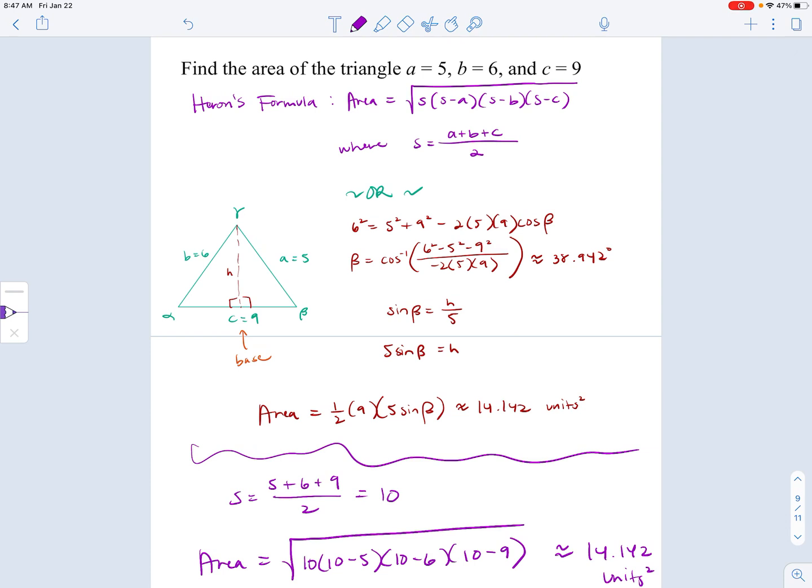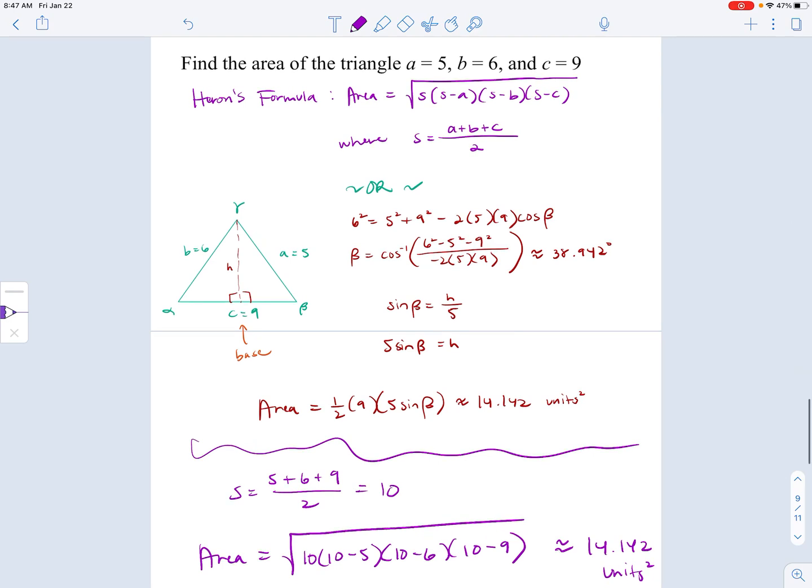Which, I mean, it's just another formula to memorize. If you can memorize it, that's great. It's actually probably the most efficient if you were to see it on a standardized test to have it programmed into your calculator, so you could just